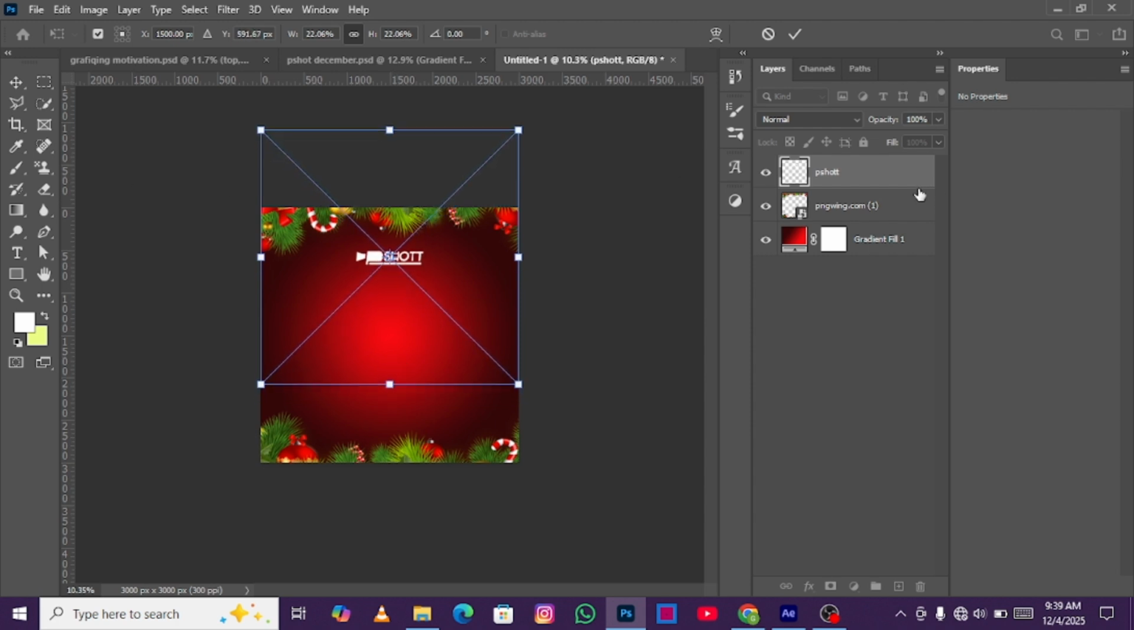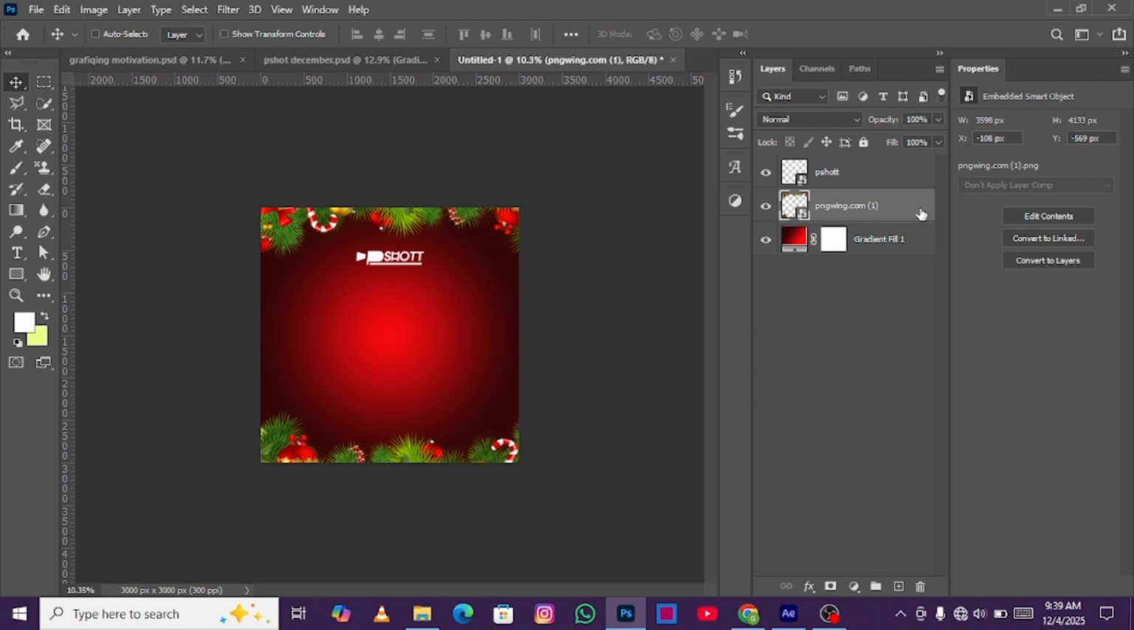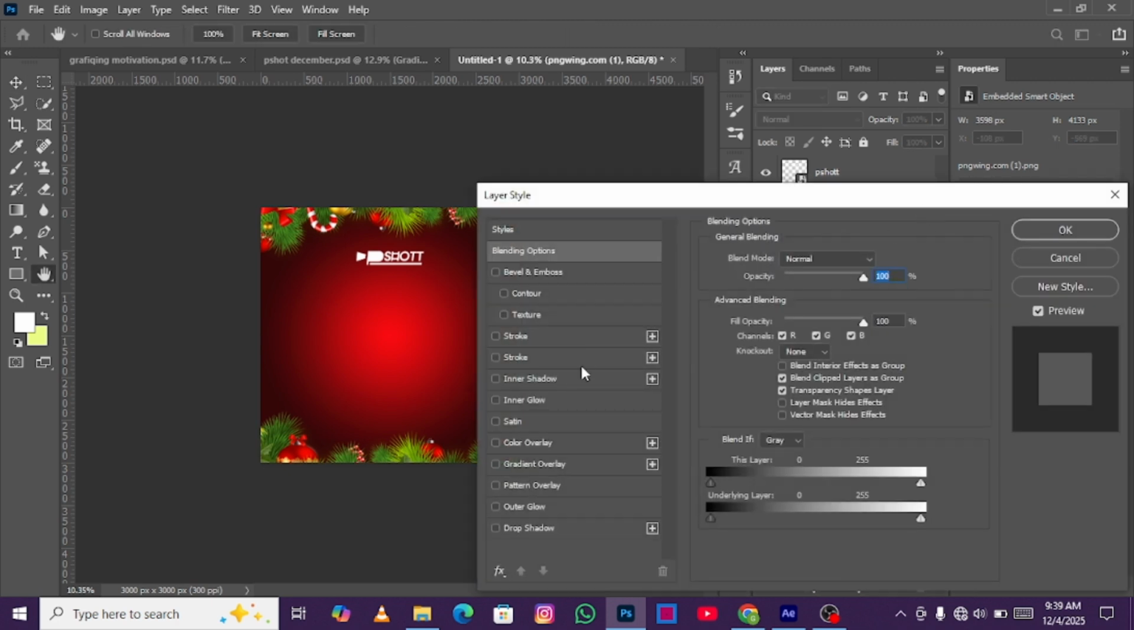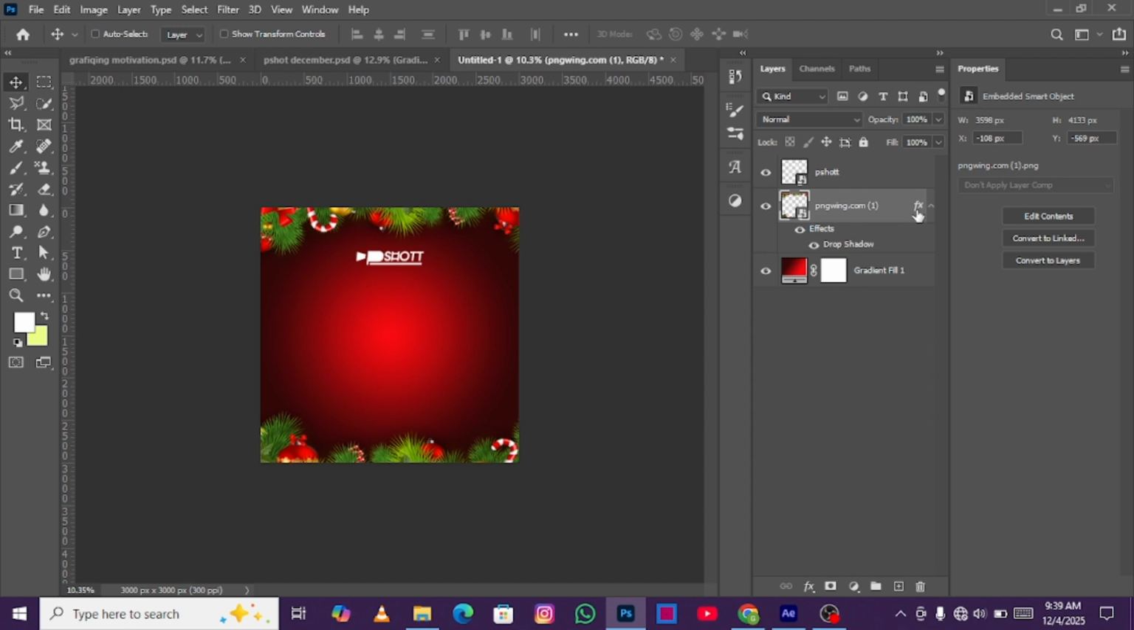Then what I will do next is this Christmas tree I brought. I'll double click it and go to your drop shadow and add drop shadow to it, opacity 80, and just follow my setting. Then okay, now what I'll do next,